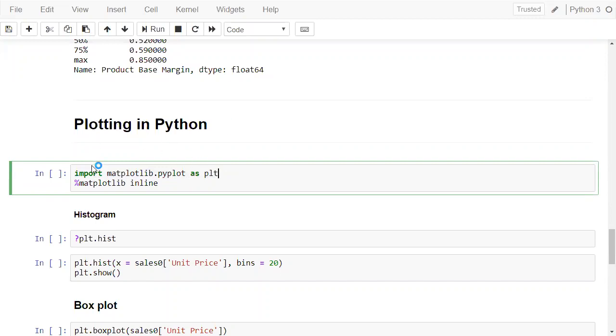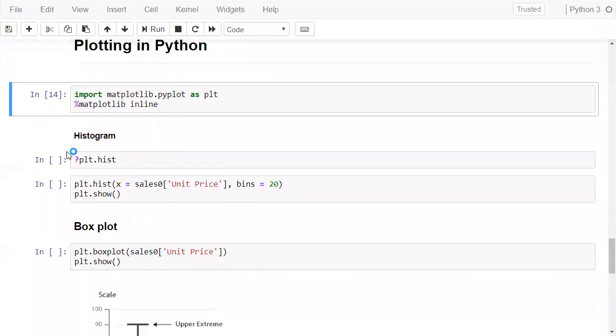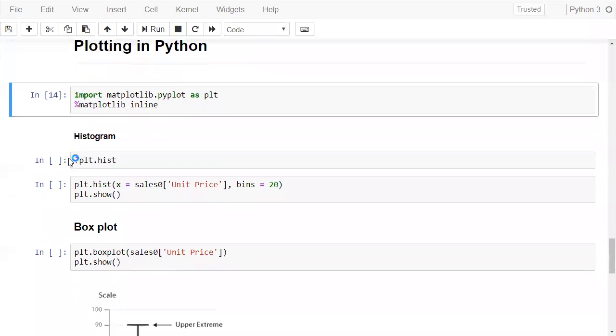And the other thing was inline. So inline is one of the backends. It doesn't matter, honestly. You typically just use inline. So just make sure whenever you're importing matplotlib.pyplot as plt, also get matplotlib inline. Okay, this backend will render those visuals. Now,